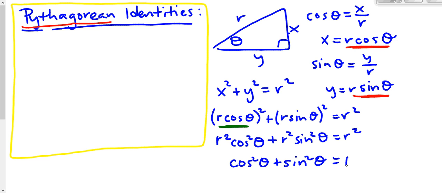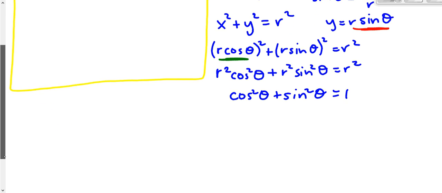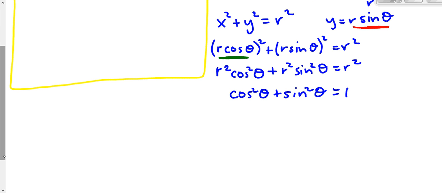Now here's what I want you to do. Grab your calculator and pick any number you want for theta. You could pick 10, you could pick 20, you could pick 99, you could pick negative 142. It could be radians, it could be degrees. Anything goes. I want you to try this. Maybe even try it for multiple numbers. So take your number. Let's say I try theta equals